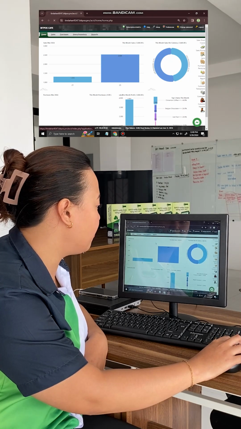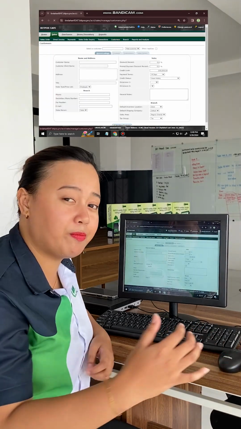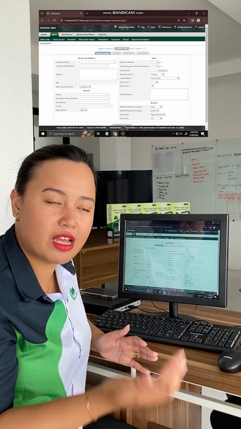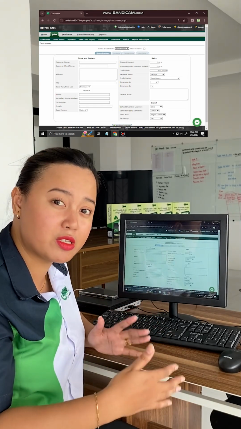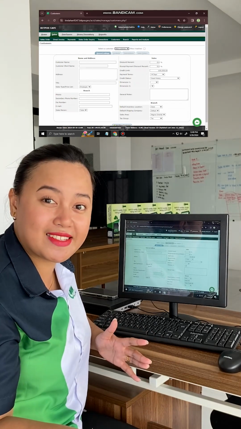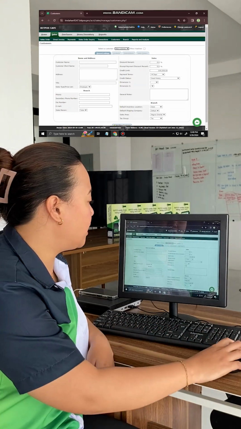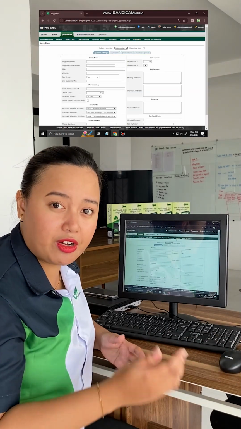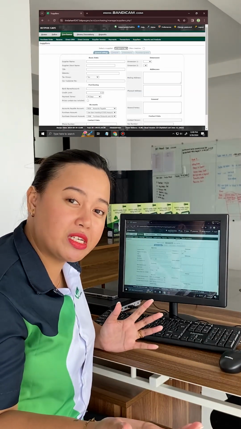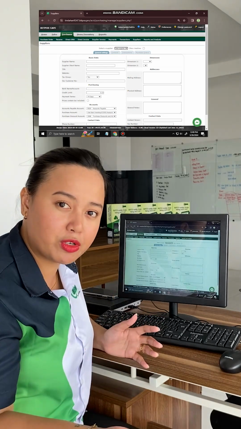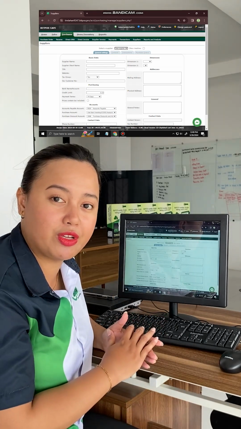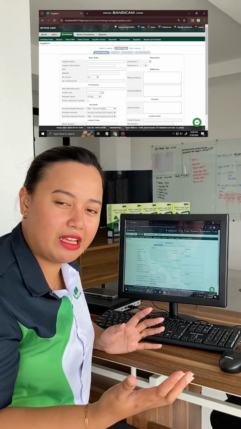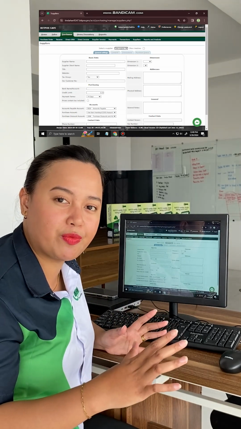Aside from that one, I do have my sales module here. This is actually very helpful if you have plans in the future to do recording of customers' profiles, and this is also a very good stepping stone for a loyalty reward system. Aside from that one, I do have a purchases module here. This is where we do the recording of your suppliers. Every time that there is a delivery from your suppliers, you can actually record it using the system. This is also pretty great for franchises where they can keep track of all the purchases from their main supplier in the main office.